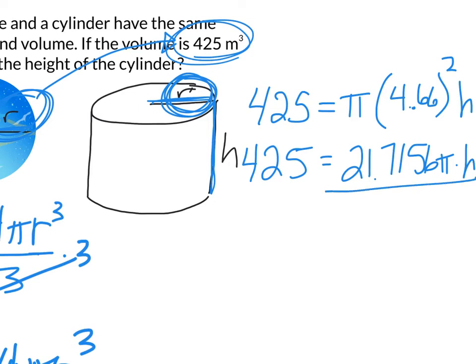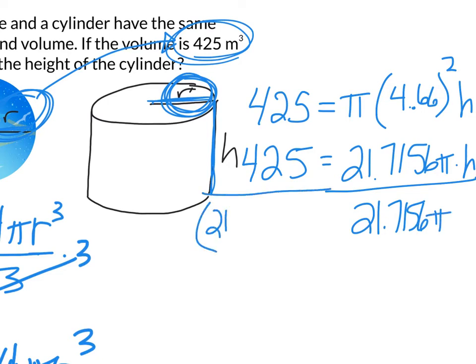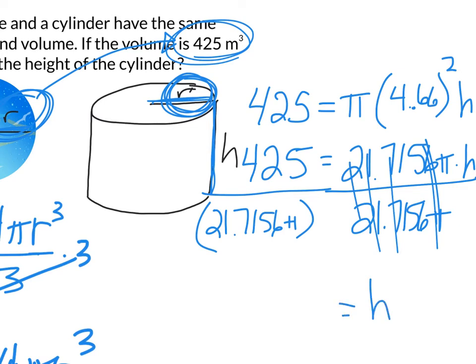So divide both sides by this decimal with pi, so make sure you parenthesize it so that your calculator understands what it is you're doing. And our height becomes 6.23